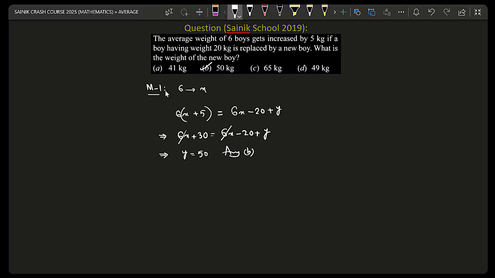But I wanted to tell you one more method, that is method number 2. In method number 2, you need to remember one formula, that is new average is equal to old average plus correction term. So what is this correction term? This correction term is